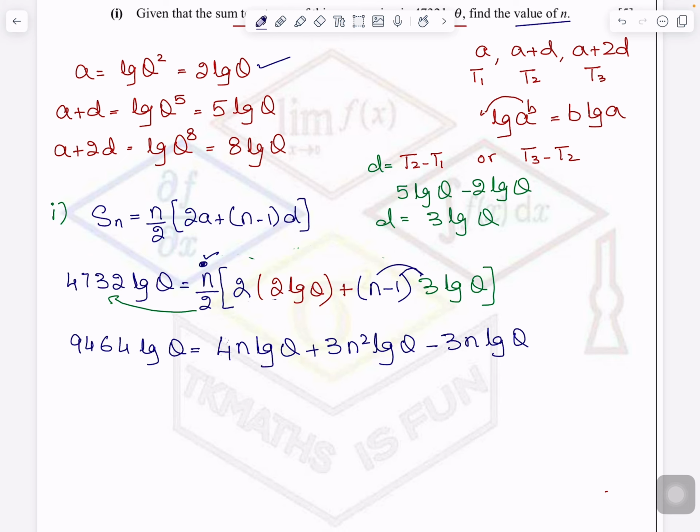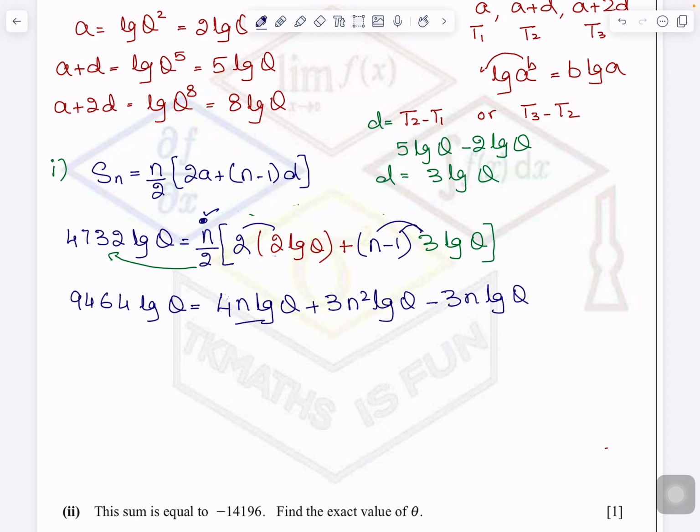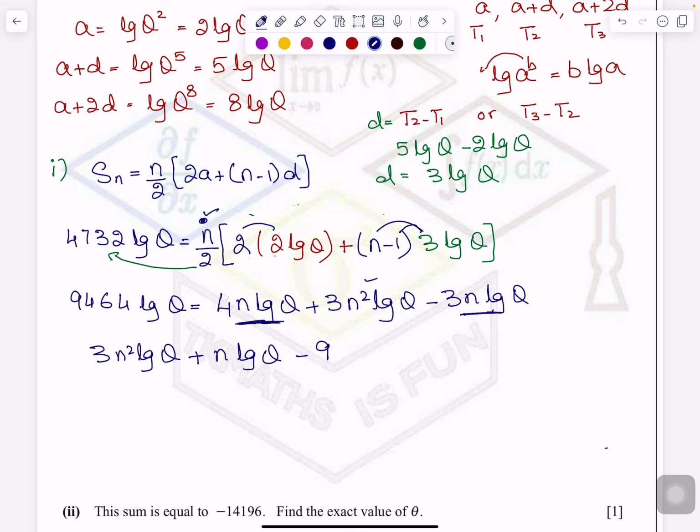So 2 2s are 4 because this 2 is multiplying by this 2. Now this term and this term are like terms. So 4 minus 3 is 1. So I'm bringing everything to the right hand side and it will become 3n square lg theta. I'm writing this term as it is. And then this term 4n log theta and 3n log theta. After subtraction, it will become n log theta. Agreed? And I'm bringing this left hand side to the right hand side. It will become